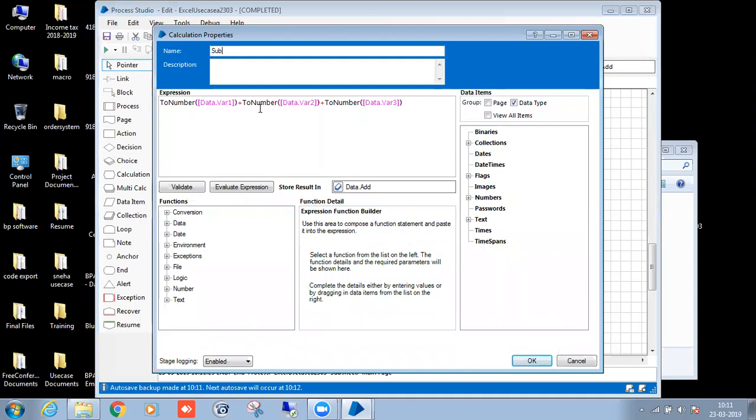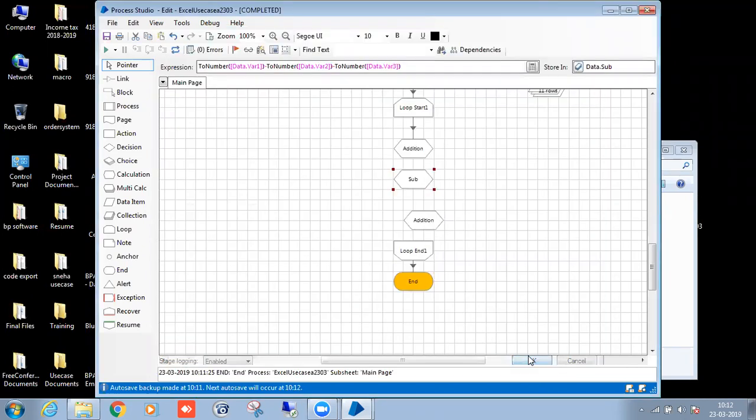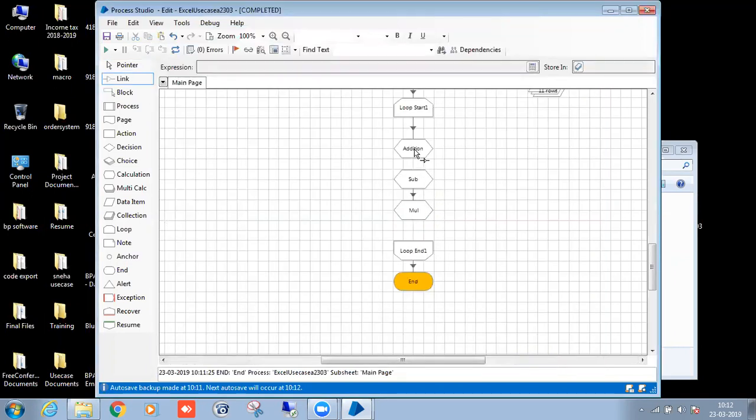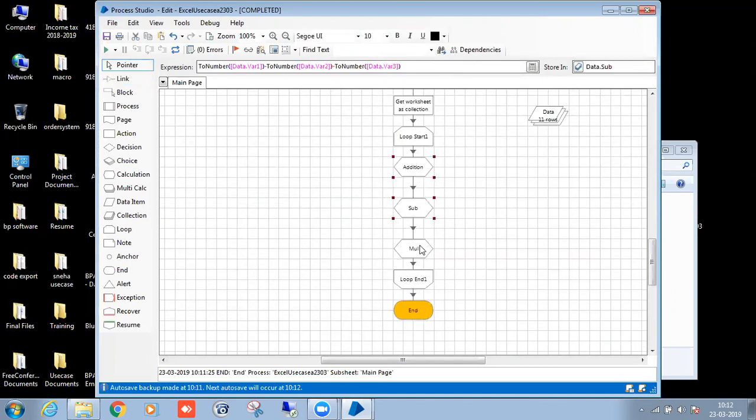Yes. Addition, subtraction, multiplication.